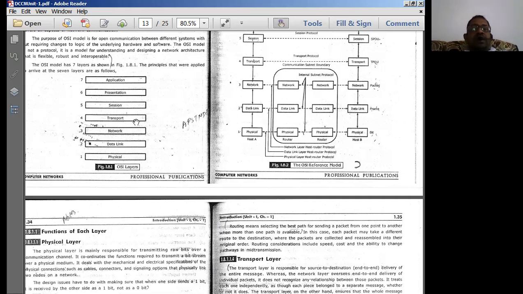What is important here is that whenever we discuss the theoretical concepts, whenever you talk about packets, you are talking about the network layer. Whenever you talk about frames, you are talking about the data link layer. Whenever you talk about bits, you are talking about the physical layer. These are the distinctions using which we can say at which layer you are working, and with respect to which layer you are making your discussion.